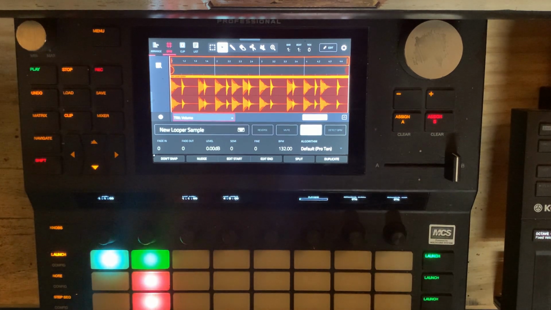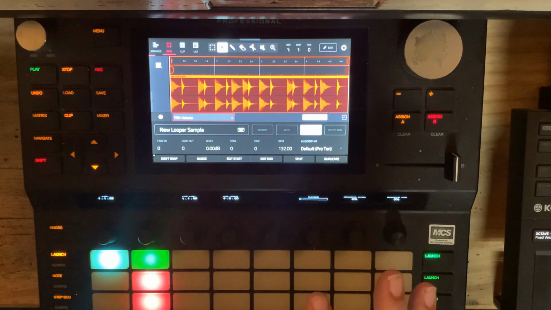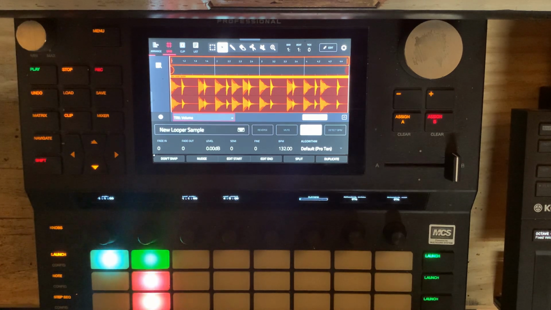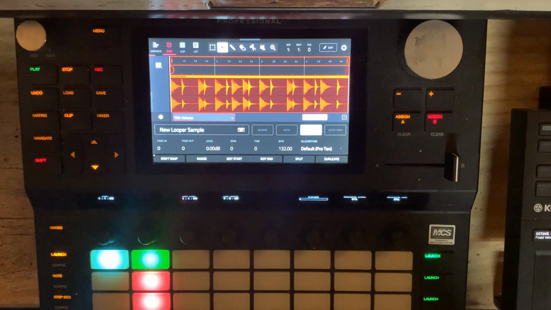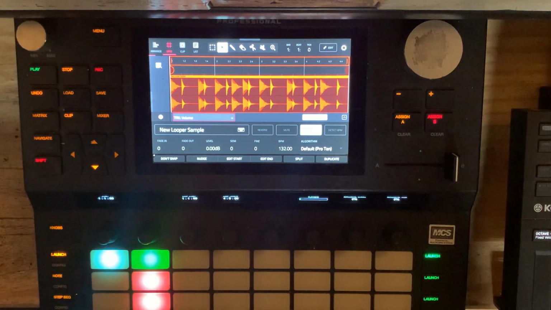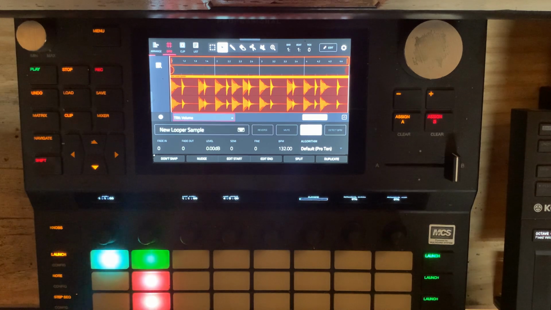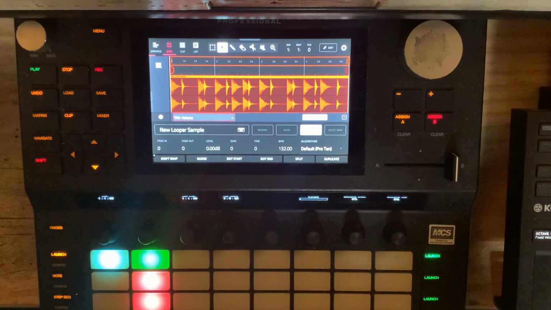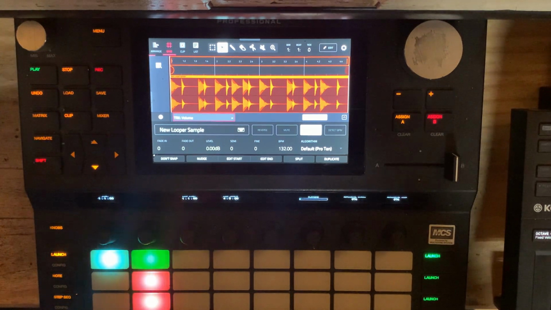recording. The second problem that I have is, out of the looper, why is it not possible to name the sample? The reason is when I have some of my projects open, some of them have hundreds of samples in them, like 300 or more, right? So when I go to look for new looper sample, it's somewhere at the bottom of this massive list. It would be way easier if I could call it, one my stupid loop, or A1 loop, or something like that, that would be at the top of the list,